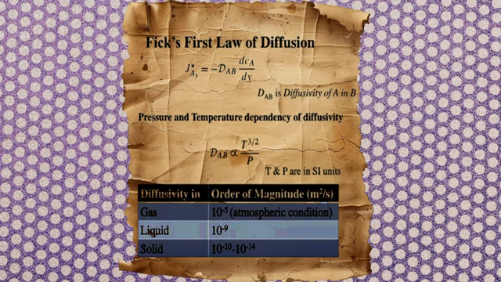Diffusivity also varies significantly depending on phases of material. For gas, it is around 10 to the power minus 5 meters square per second under atmospheric conditions. For liquid, it is around 10 to the power minus 9 meters square per second. For solid, much lower, between 10 to the power minus 10 to 10 to the power minus 14 meters square per second. This shows that diffusion is faster in gases and slowest in solid due to the greater freedom of